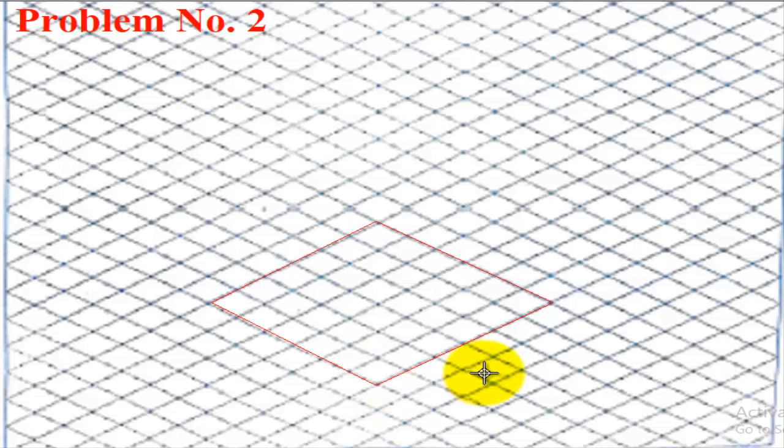Okay, after this the next step is we need to draw two lines from the bottom corner to the midpoints of the opposite top two edges, and the same way for the other edge also. And the same thing we have to do from the top also. From the top edge we need to draw the line to the midpoints of the bottom two edges. Now we got the center points, 1 2 3 4, to draw the circle.